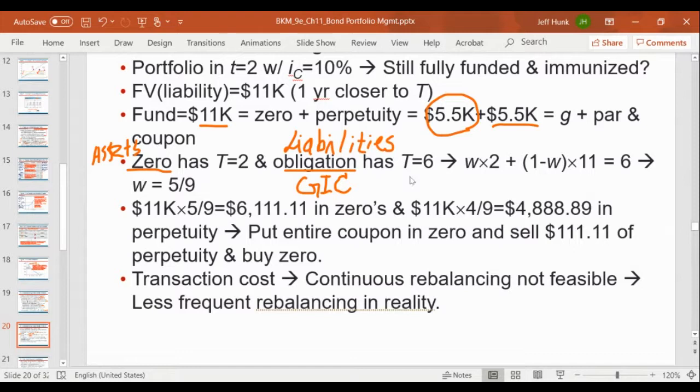So we have to recalculate the balance. That's why it is called rebalancing. And originally, think about it, we set the maturity equal to 6, because the maturity of our obligation is 6 years. There's only 6 years left, previously 7 years. So using the same equation that you used to compute the weight,